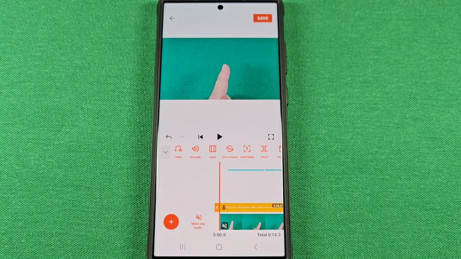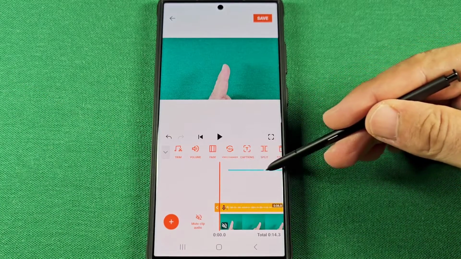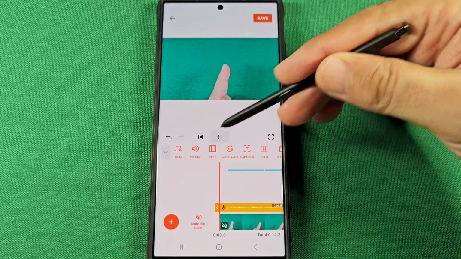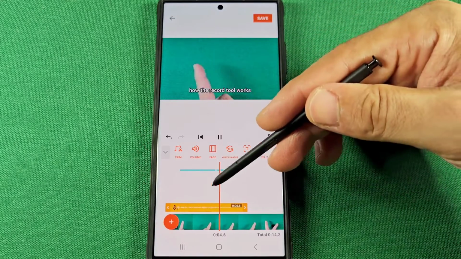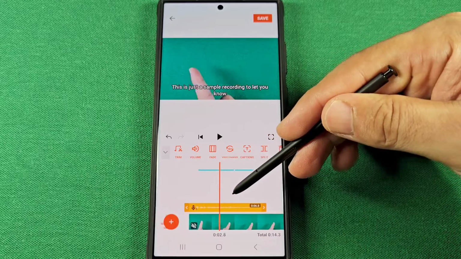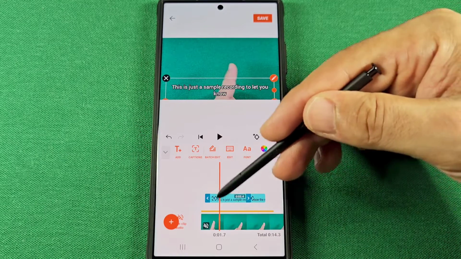Now that the ad has played and the captions are ready to be displayed, the first thing you'll notice is these blue parts here to the top. And as I press play here, you'll notice that it's gonna give me the captions. And what you can do is tap on it right here, and you'll notice they'll appear like this here, and